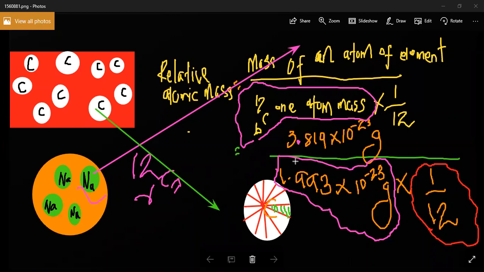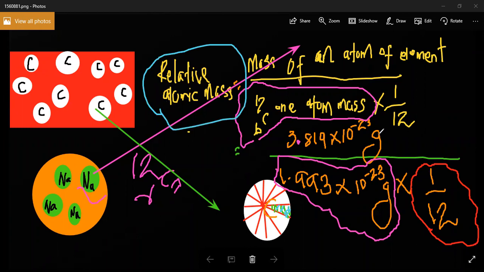This is carbon, one atom mass is how much? 1.993 into 10 to the power minus 23 gram. And in that, 1/12 part. 1/12 part. And that part is what? Can you tell me? This part, right? This part. And this ratio is,